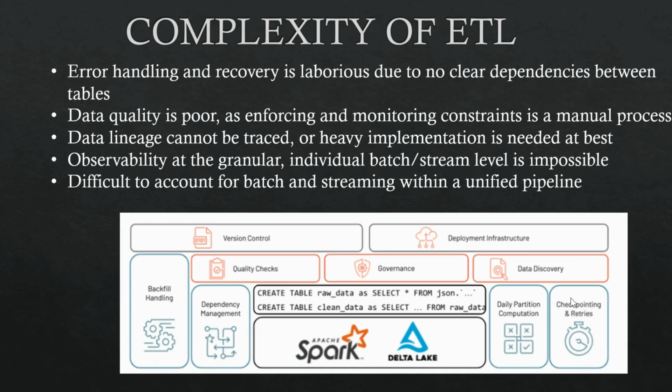So in this diagram, if you see, you have written your code, basically creating your tables on top of your Delta Lake. But the challenge comes where there are multiple tables and those tables need to be updated in the right order. So for that, you need dependency management, and you can get that dependency management with the help of your data lineage, right? So in that case, it's very important to get your data lineage. And if there's any failure or you are not able to handle your data properly, then how can you manage it?